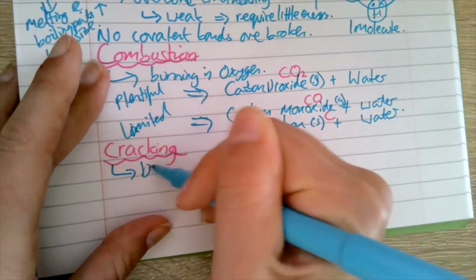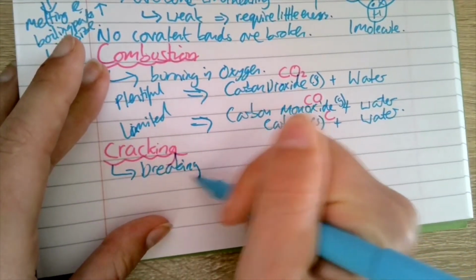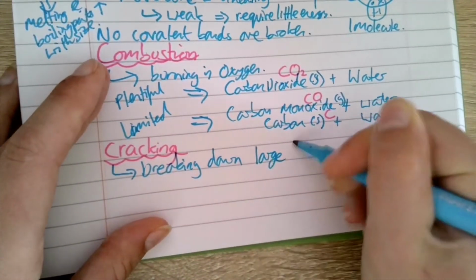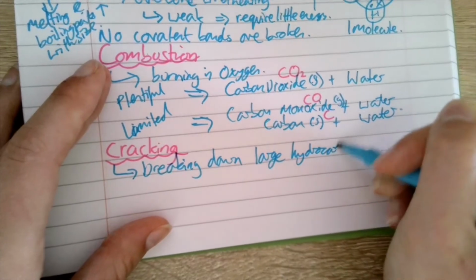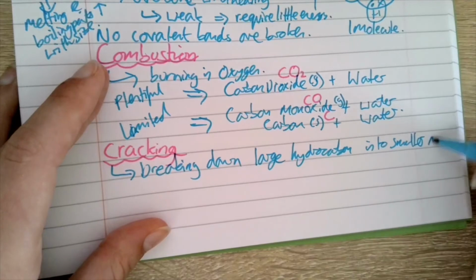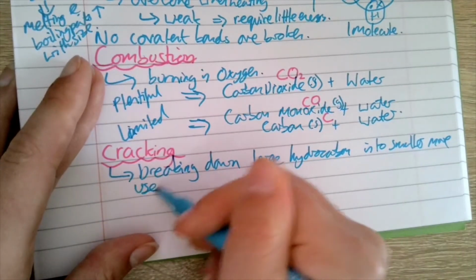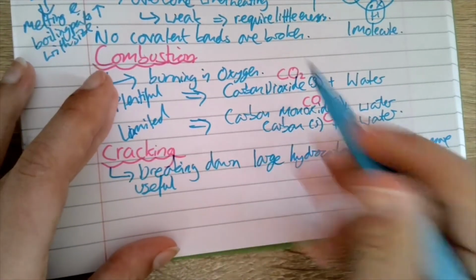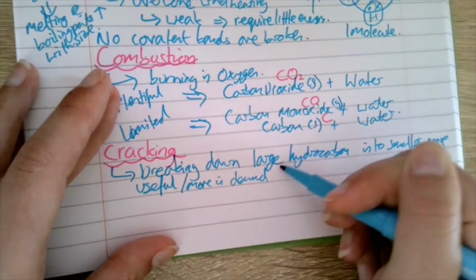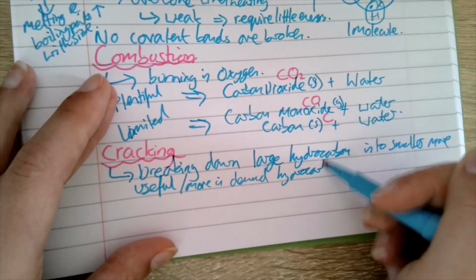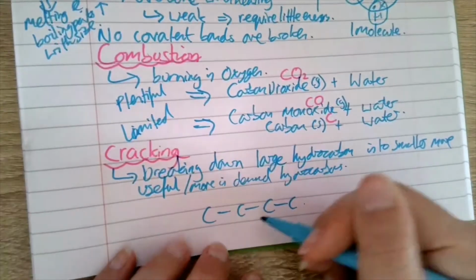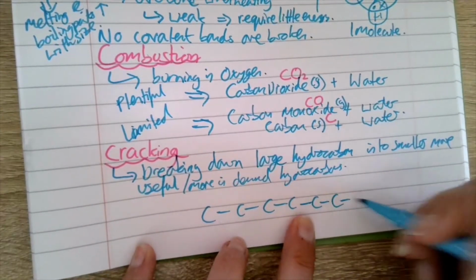Turning now to cracking, which we established earlier is a chemical separation, as we are breaking bonds, as we are breaking down large hydrocarbons into smaller, more useful or more in demand hydrocarbons. So for example, if I take 1, 2, 3, 4, 5, 6, 7,